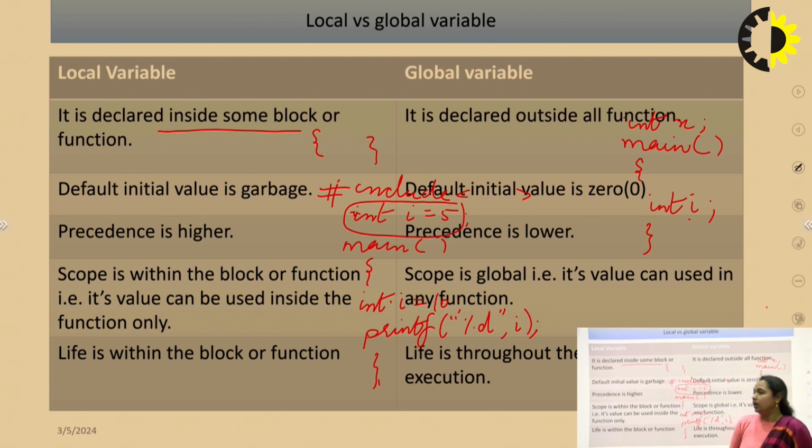So I hope the concept of local and global variable is clear to you all. In today's lecture, we discussed storage classes and the concept of local variable and global variable. We discussed 4 types of storage class: automatic, static, register and extern.